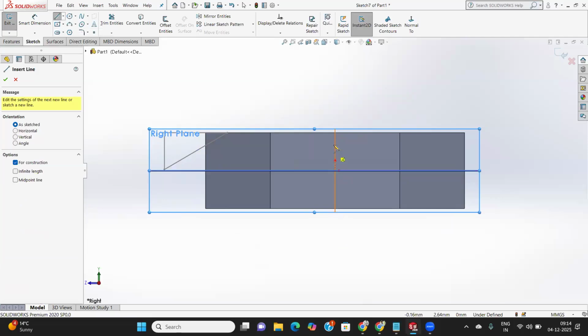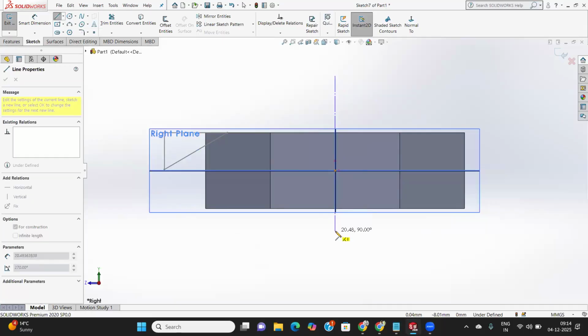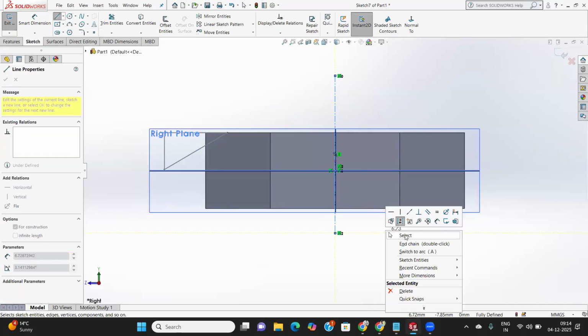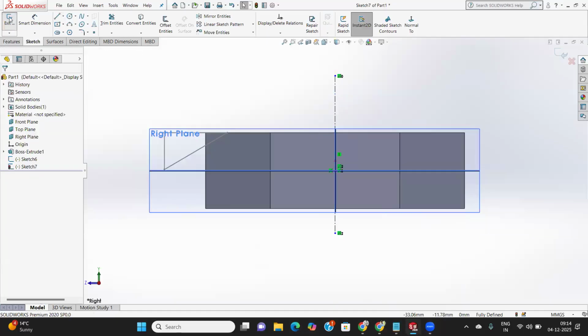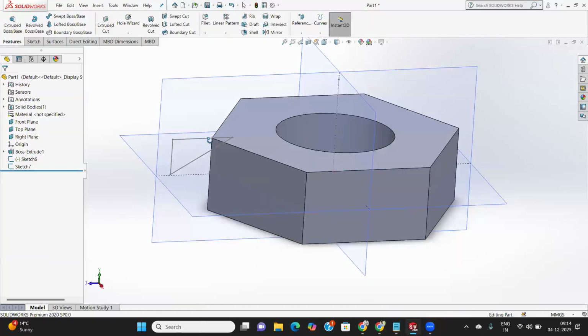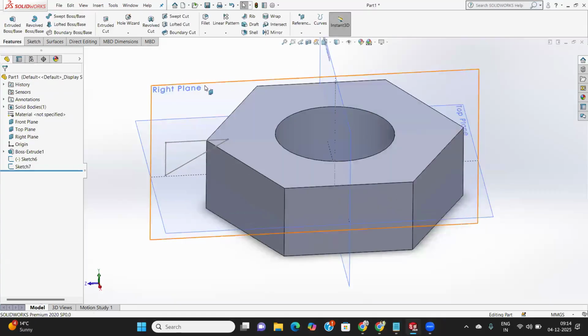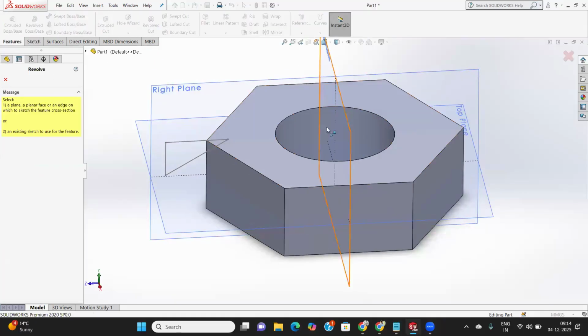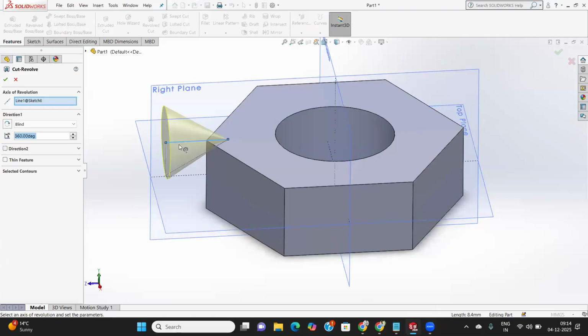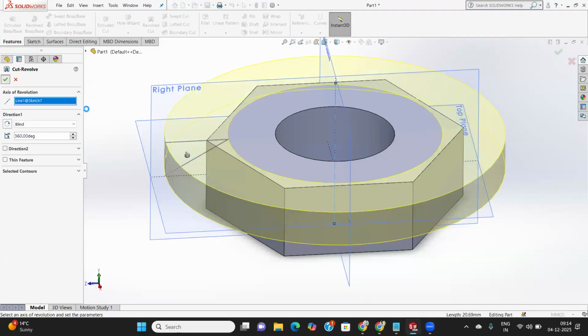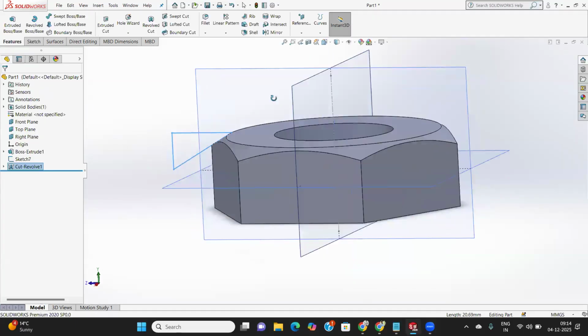Okay, next one, I exit my sketch, go to feature. What I do, revolve cut, select revolution of this one, select this line. Okay, that's good. Here you can create this one and then